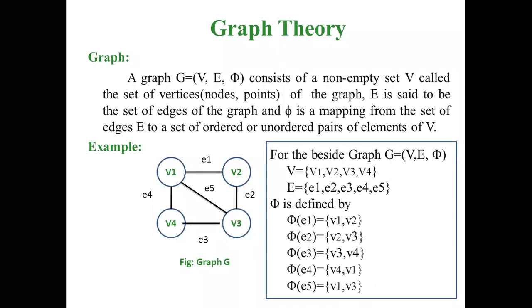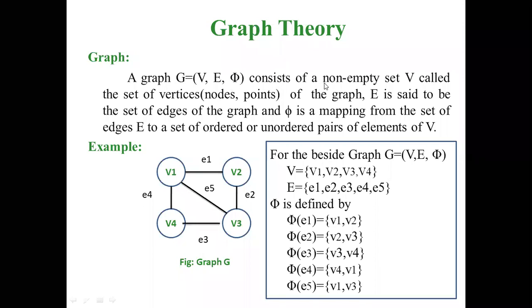Okay. So in this chapter, we begin with some basic graph terminology and then discuss some important concepts in graph theory. First of all, what is the definition of a graph? A graph G = (V, E, phi)